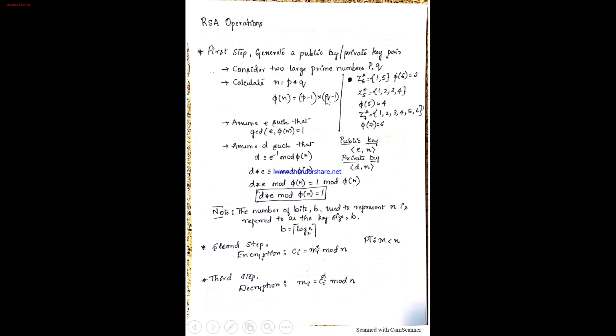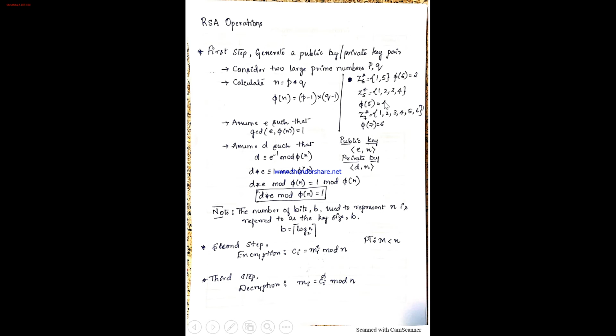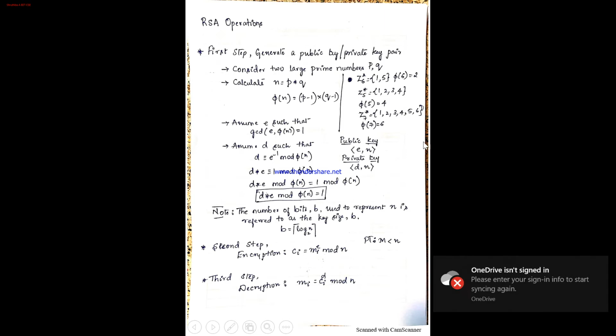We don't know what the product could be, because we are considering two large prime numbers. Resulting in such a set and then counting the numbers, instead of doing all those steps, we can just come to a conclusion that for any prime number, the totient function value will be one number less than it. That's the reason why we write (P minus 1) into (Q minus 1). So that product is equal to phi of n.